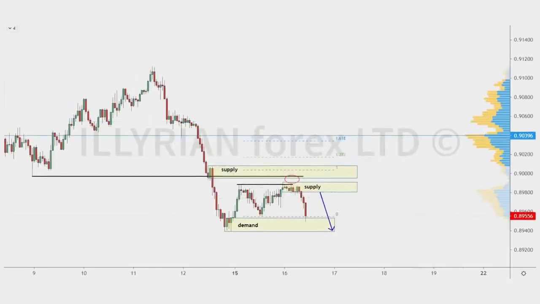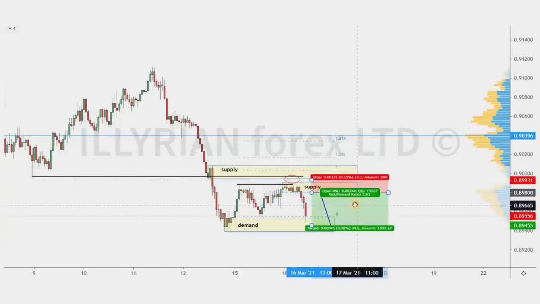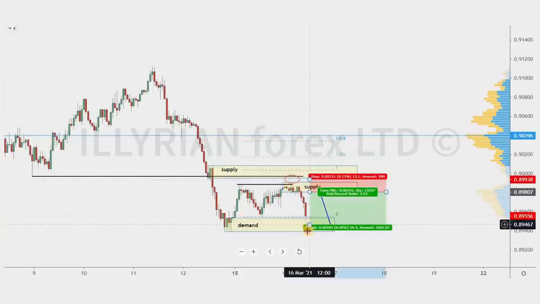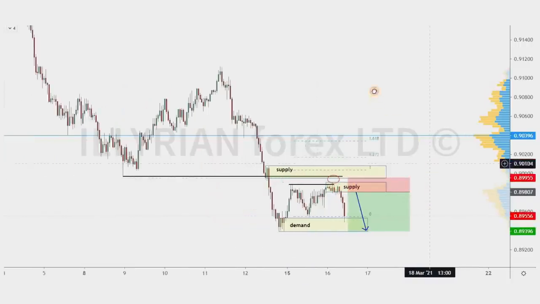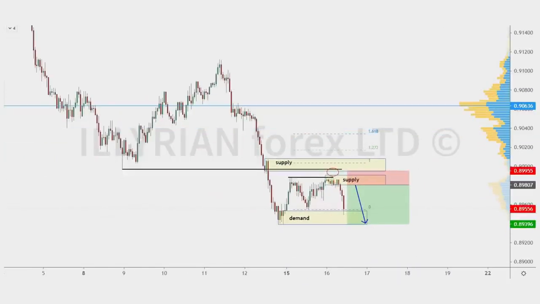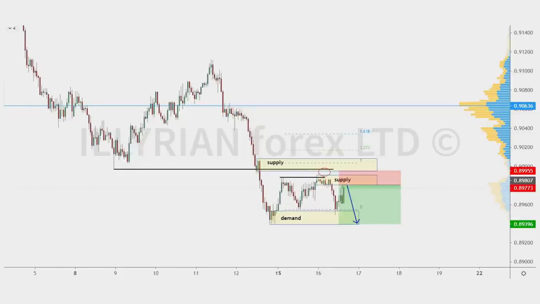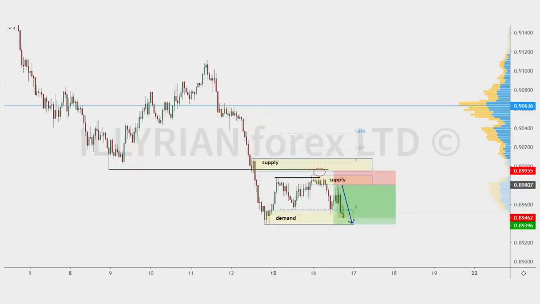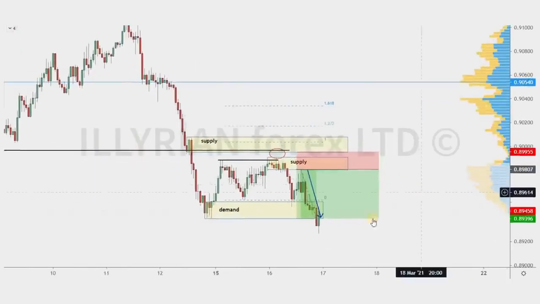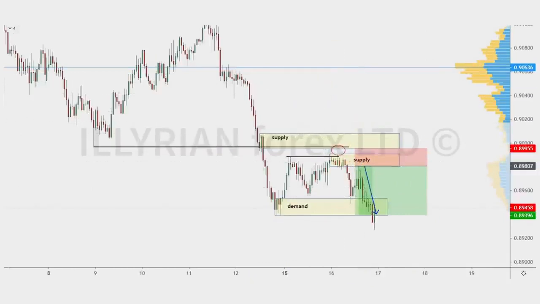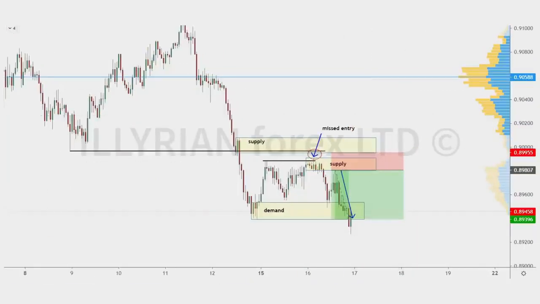We are going to put these levels on our candlestick chart. This setup has a higher risk-reward ratio that varies from 2 to 3. This fulfills our risk-reward requirement. Price pulled back exactly at the supply zone and dropped sharply in the downside direction. The conclusion: even though we missed the entry at the first supply zone, the market gave us again a new opportunity and played